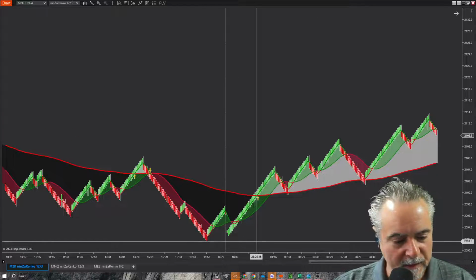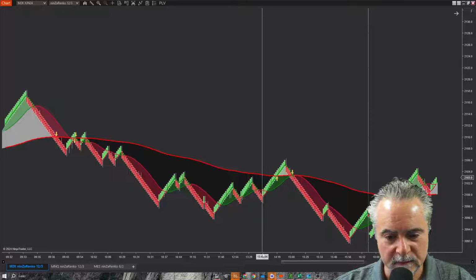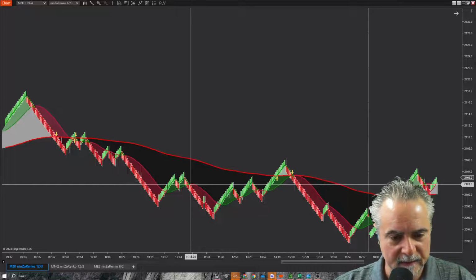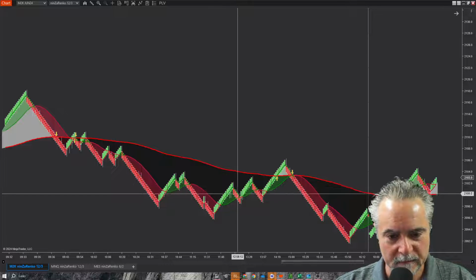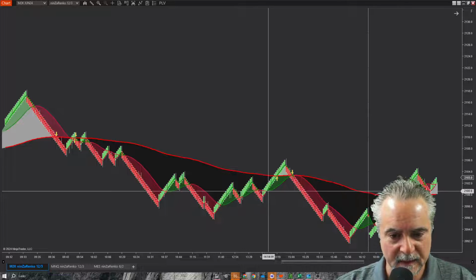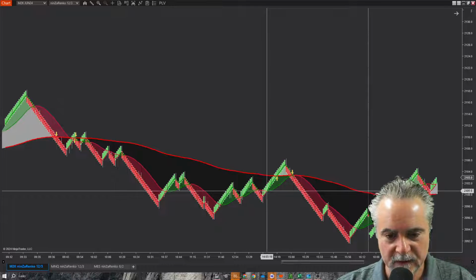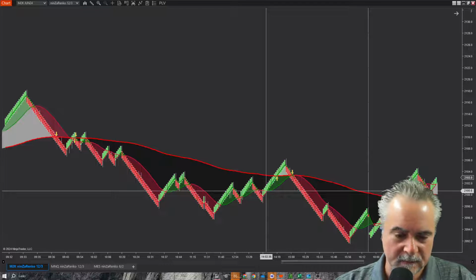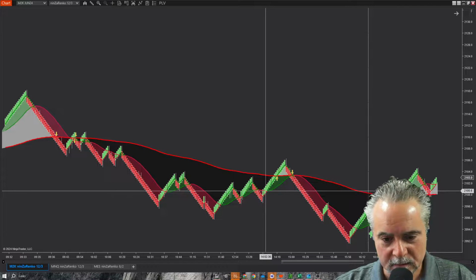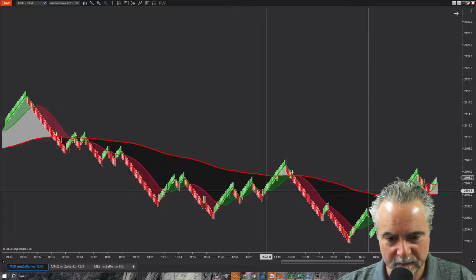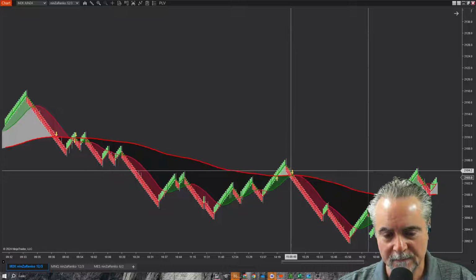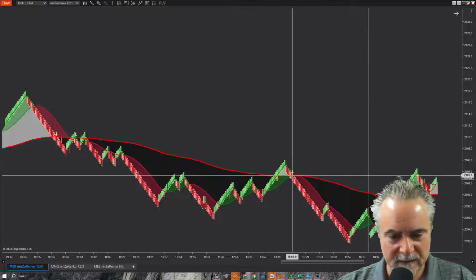Now let's look at the correlation between the 9 and the 30 and the 200. So as you see, the 9 crosses the 30 way more frequently. So that is your scalping trades. So here's an example. If you get the 9 crossing the 30 right here, this is a long, but you're in a short market. So you could jump in here, ride it up. As soon as it starts to turn and come back down, you could wait till it crosses the 30 again,